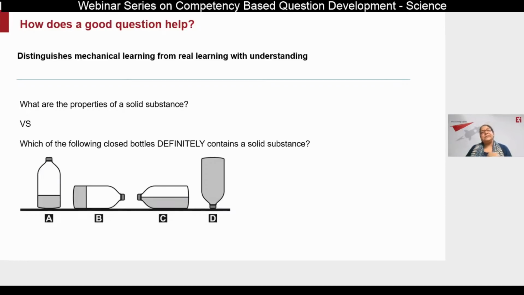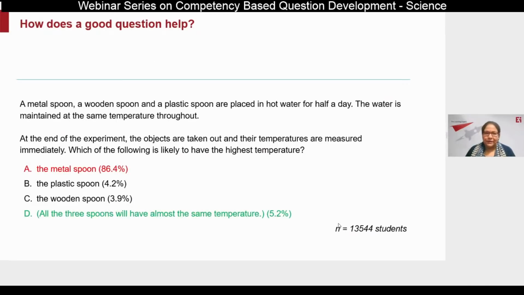So in a way, it helps us as teachers differentiate between real learning and something that is mechanically learned or remembered. Also, putting the context of a bottle in a solid thing is kind of testing for the students. Yes, correct. So basically, I don't have to write 10 lines, right? So Deshna, if I've understood, I can simply answer, it may take more time as a student for me to answer, but that makes it a more conceptual question.